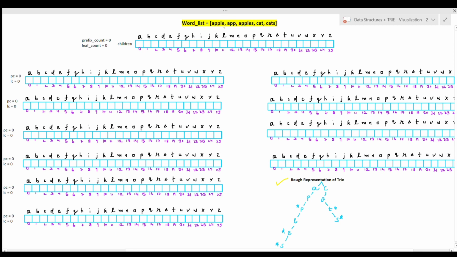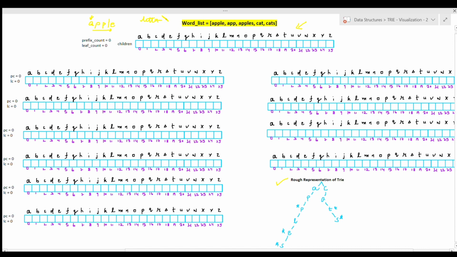So first of all, let's insert this string apple into this trie data structure, right? So we will be traversing our string letter by letter. Firstly, I'm at this letter A and I have to insert A in this node. I'm here in the root node and I'll look out for A. How am I going to do that? Whatever the letter I'm traversing, here it is A, I'll be looking at letter minus 'a'.